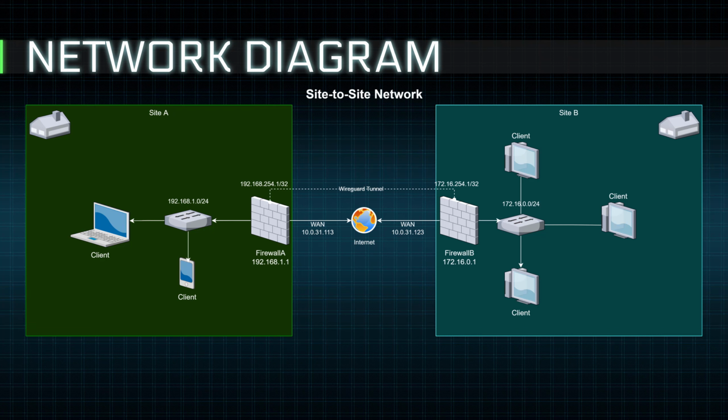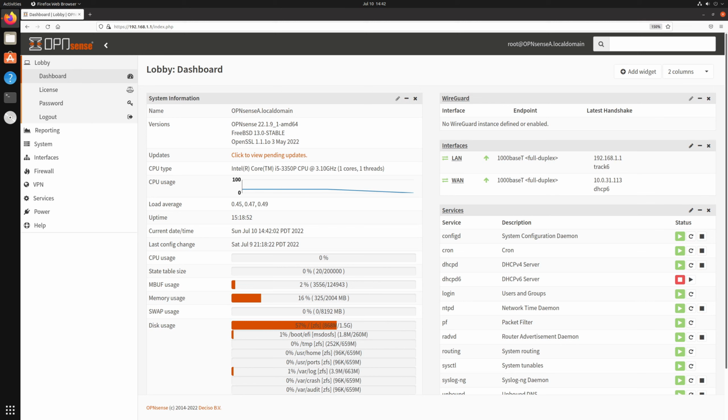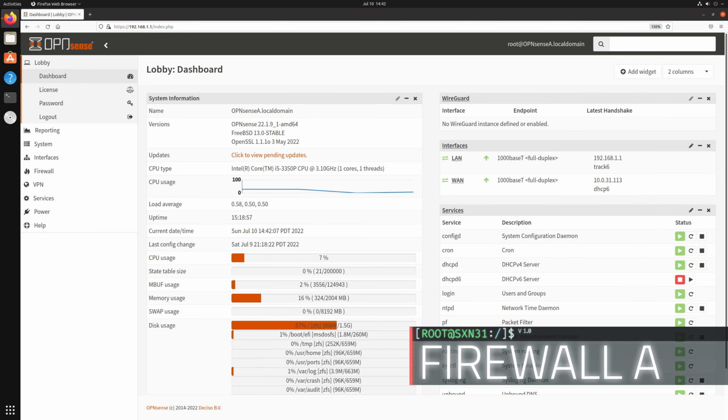Here is a network diagram for our two LANs. On the left we have Site A and on the right we have Site B. They'll be connected to each other over the WireGuard tunnels. On the left you can see we're going to have the tunnel address 192.168.254.1 and on the right we're going to have the tunnel address of 172.16.254.1. The WAN address is 10.0.31.113 for Site A and 10.0.31.123 for Site B. To begin configuring our WireGuard VPN tunnel, we'll go ahead and log in to Firewall A,